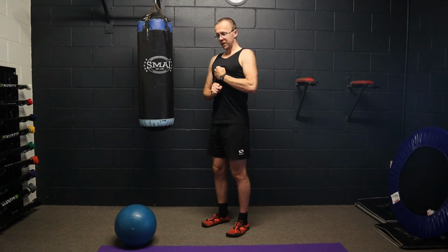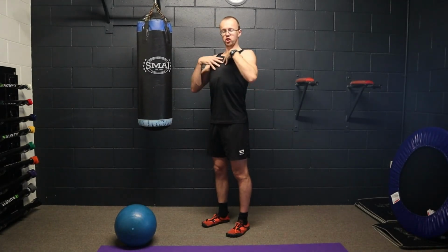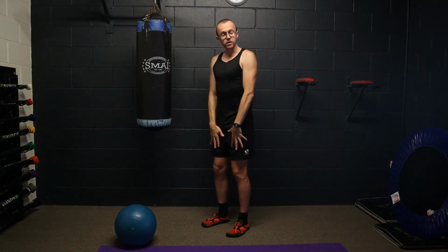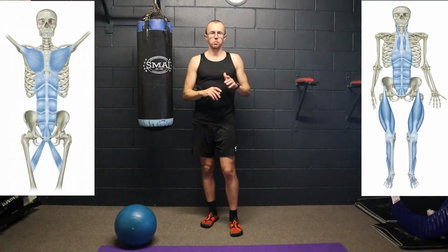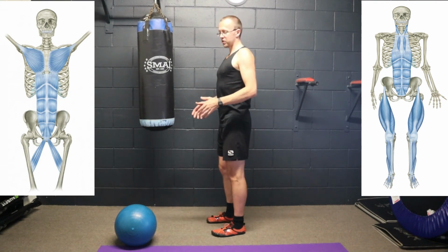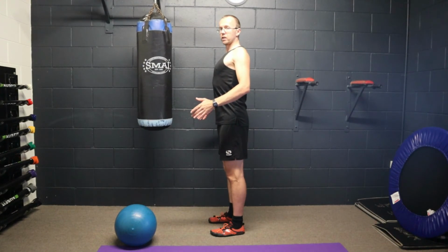So we don't want to slam the ball with our arms, we want to slam it with the torso. To do that efficiently, we need to be able to lengthen this front line of muscle and fascia: abs, chest, maybe even the neck and the arms, all the way through into the hip flexors and the inner thigh muscles, much like some of the diagrams that I'm going to pop up on the screen. Like I've said in other videos, it starts off with this base. So three cues: shoulders back,